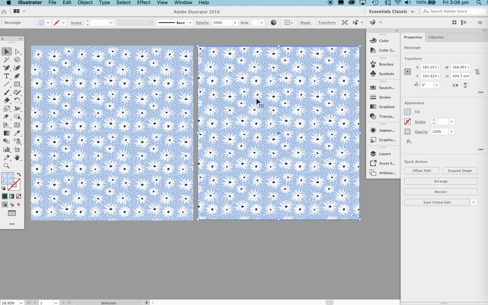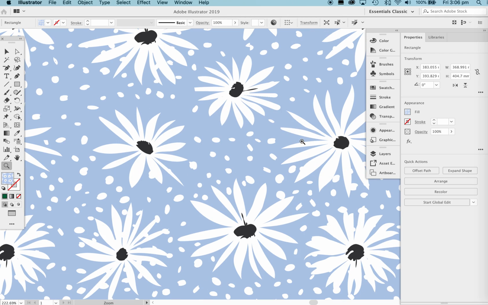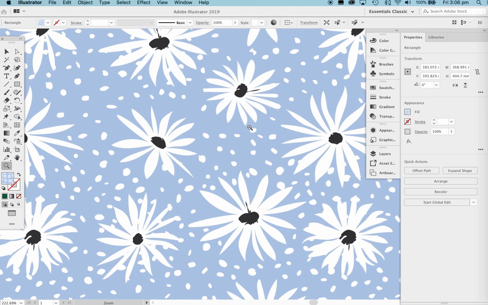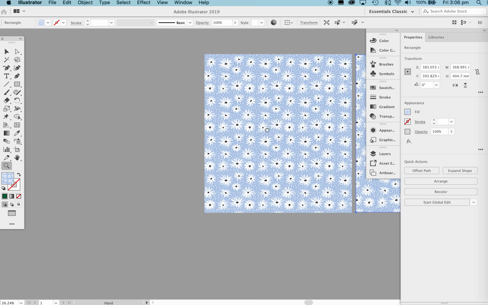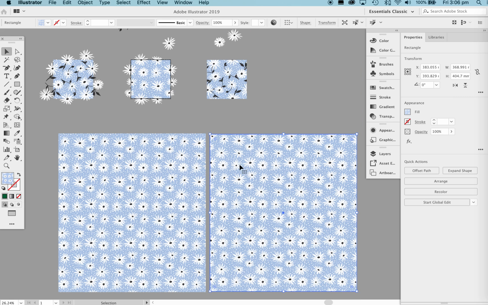You will be making these subtle changes, refining your motifs on the page, refining your print in this way. And then you can redraw a big rectangle like I did, just to have a look at how the swatch is repeating over a large area. So this is looking pretty good. The negative space is looking good. We would be filling in these spots and so on if I was completing this to perfection, but I'm not. So the only other thing I want to show you is just how it looks when we add,